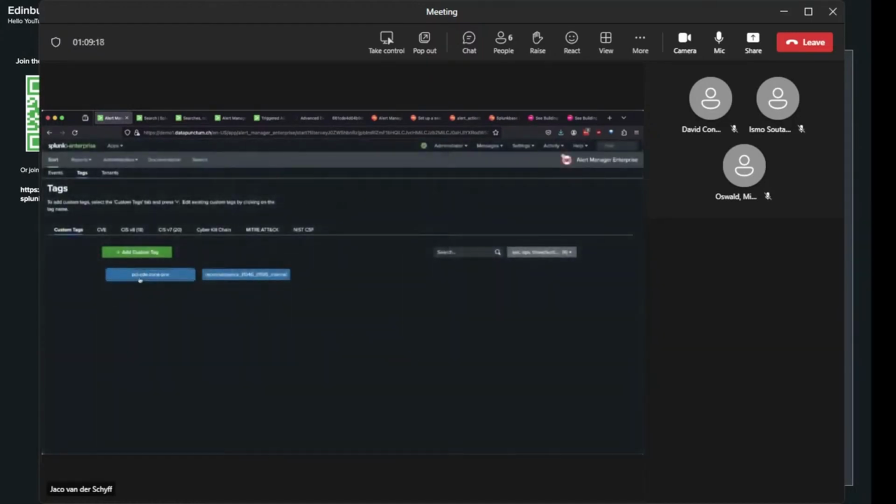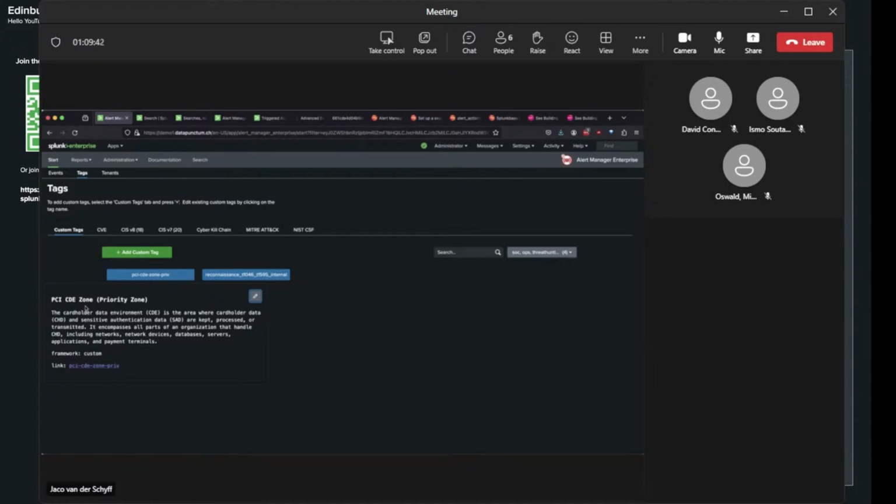So I have a tag here for PCI classification. In the PCI world, it's very important for us to know if an event is associated with anything that touches a cardholder data environment network. So in specific zones in PCI, cardholder data, sensitive data is kept.